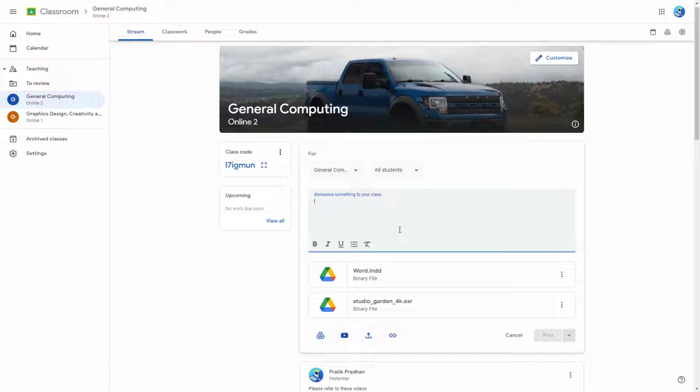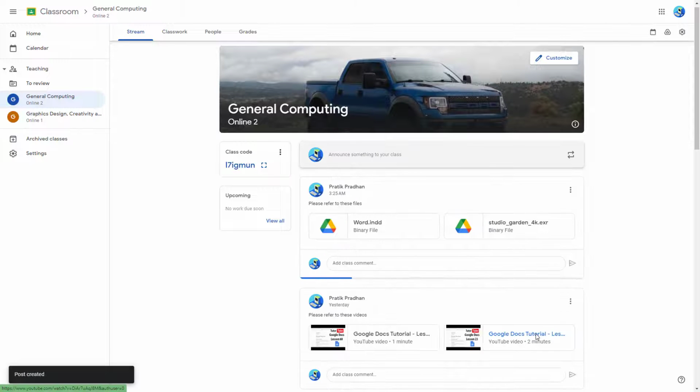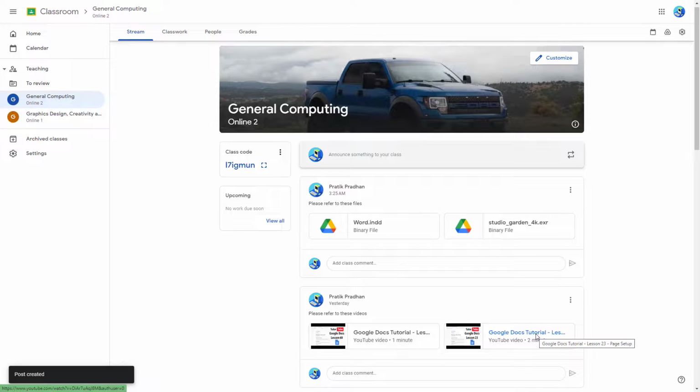So now you can simply say, please refer to these files, and I'm going to click on post, and the attachments that you have will be posted over here just like this. So that is how you can upload files as attachments for announcements inside of Google